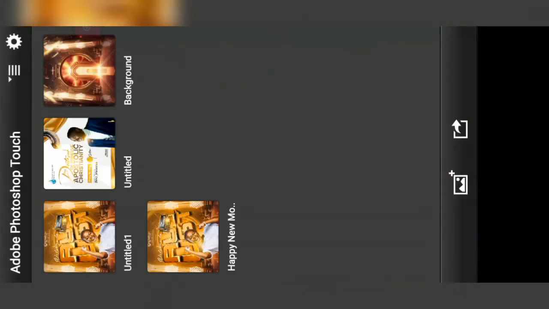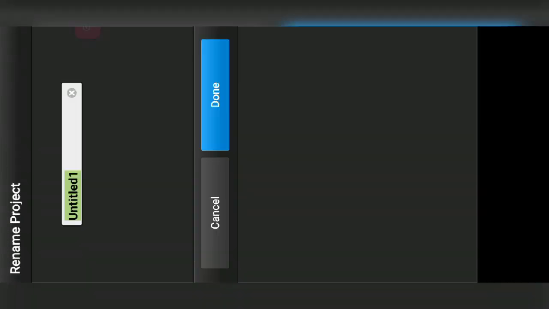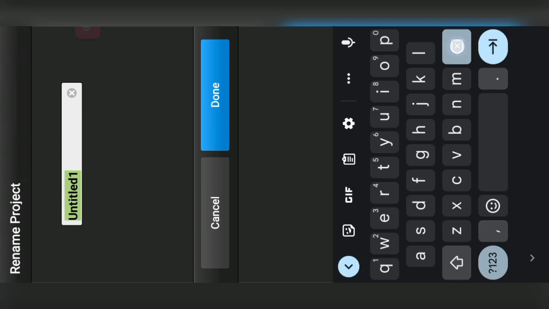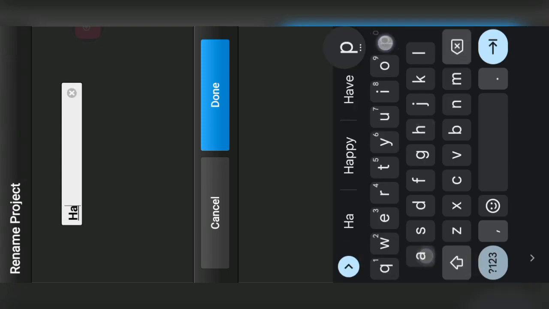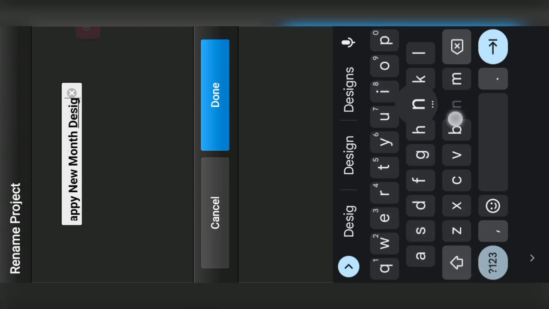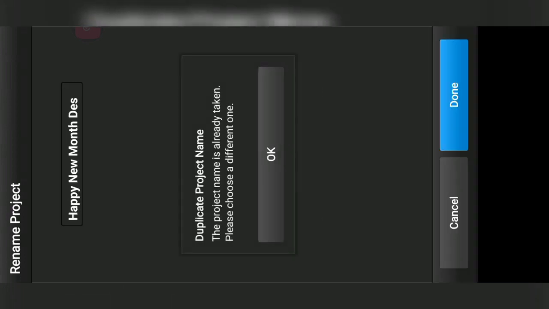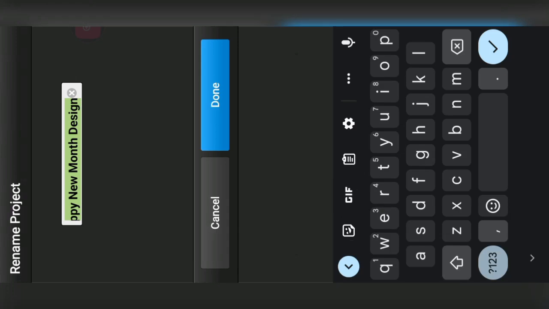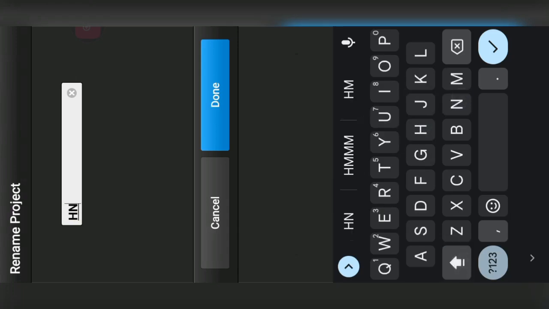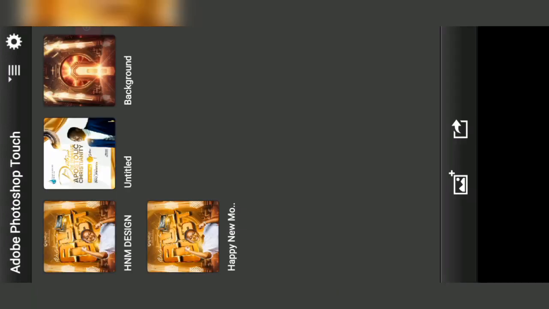just like that. You can also click on this untitled to rename the project. So I'm just going to rename this Happy New Month Design, and then click on done. Okay, name already exists. So I'm going to rename it to something else, just like that. And they want to save it to your